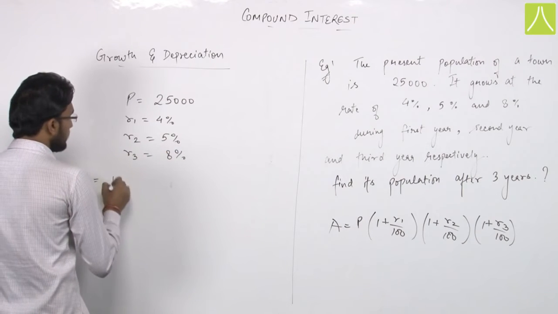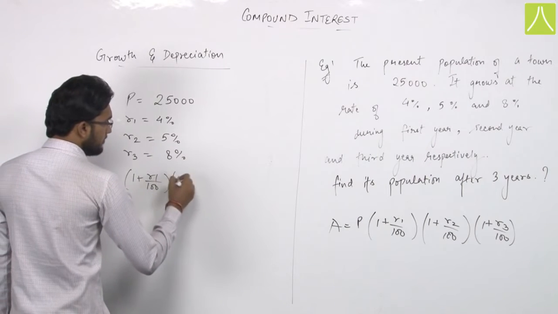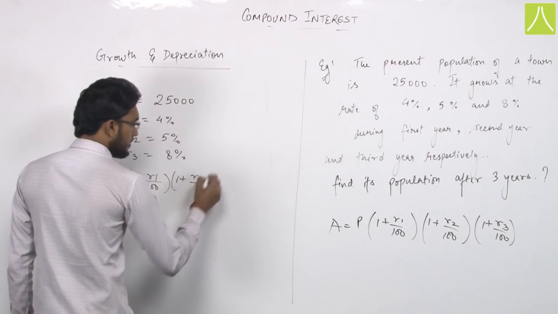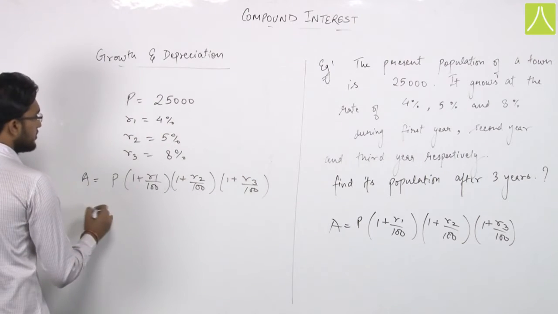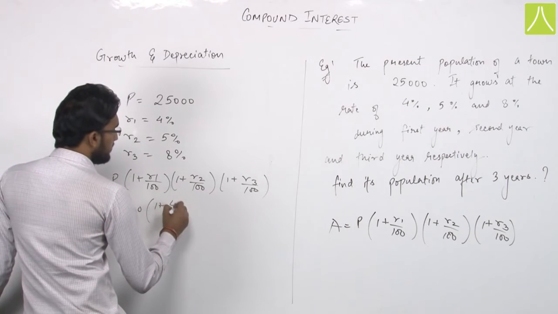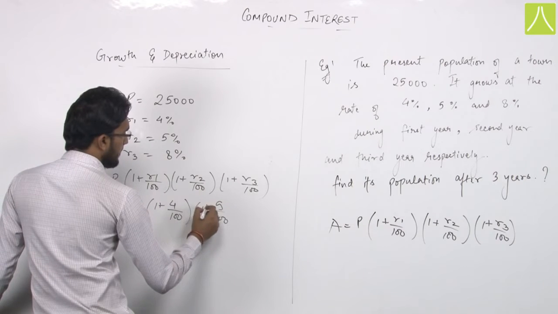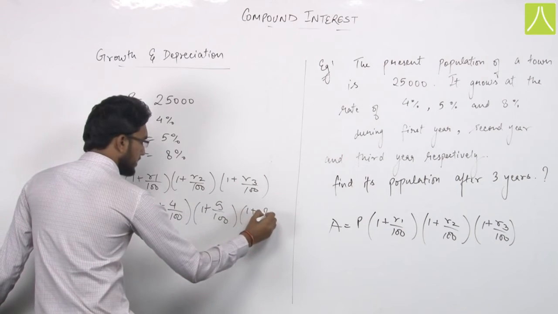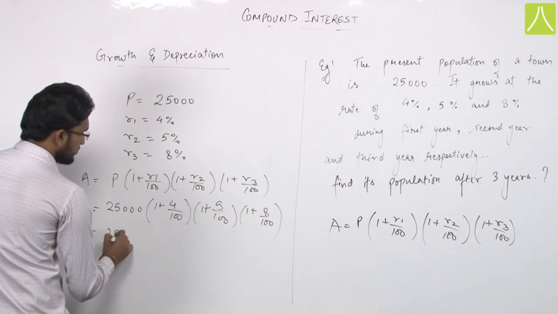Therefore the amount is equal to 1 plus r1 upon 100, 1 plus r2 upon 100, 1 plus r3 upon 100. Substituting the values, we get 25,000 times 1 plus 4 upon 100, that is 1 plus 5 upon 100, and the last 1 plus 8 upon 100 for the 3 years. Solving this, we get 25,000